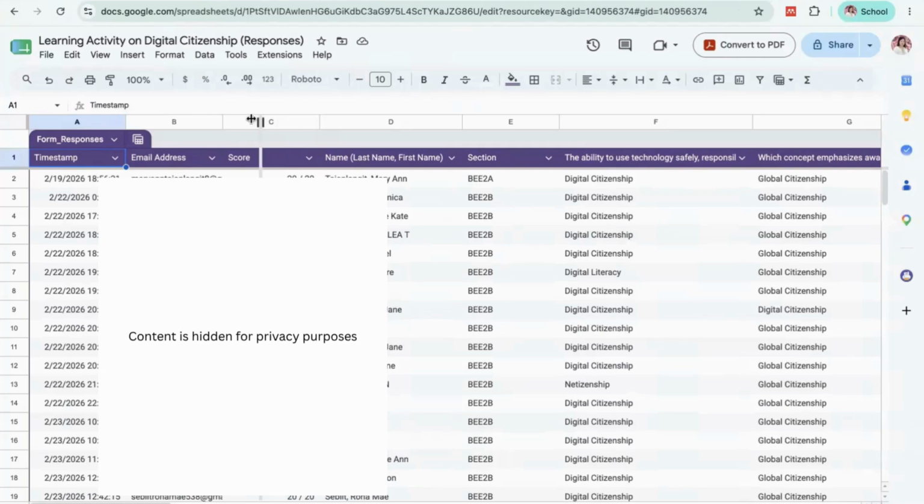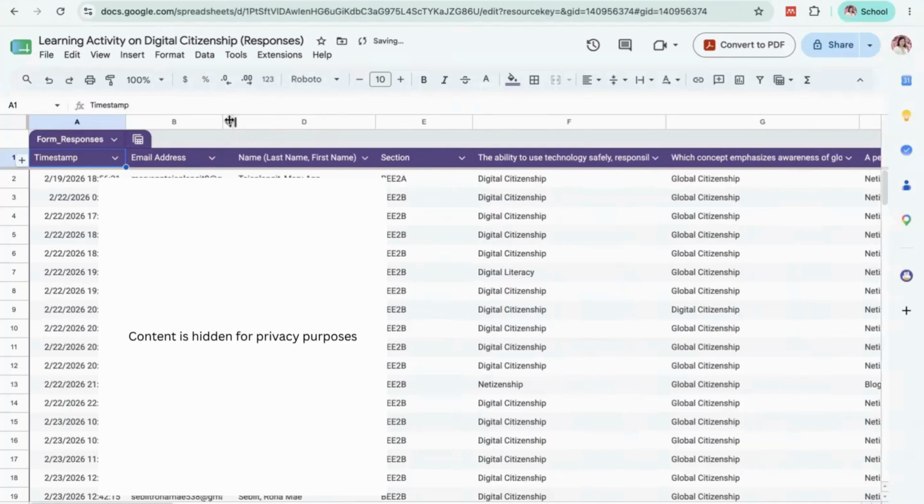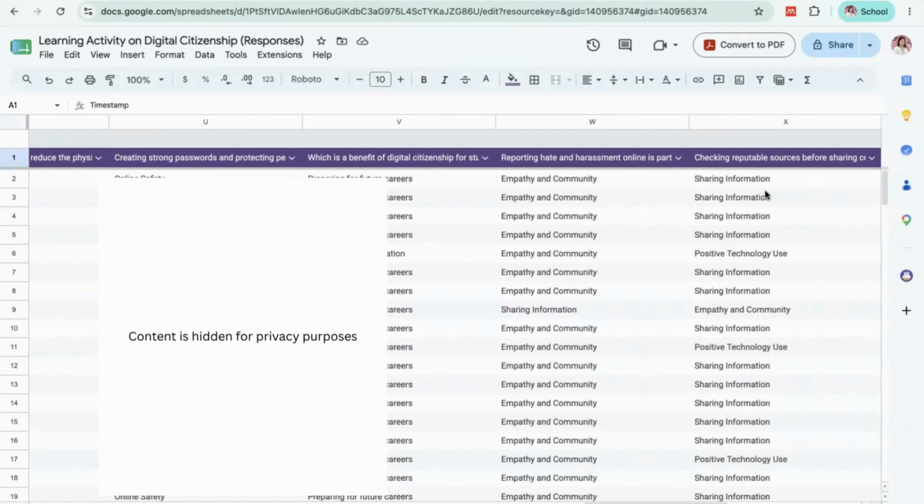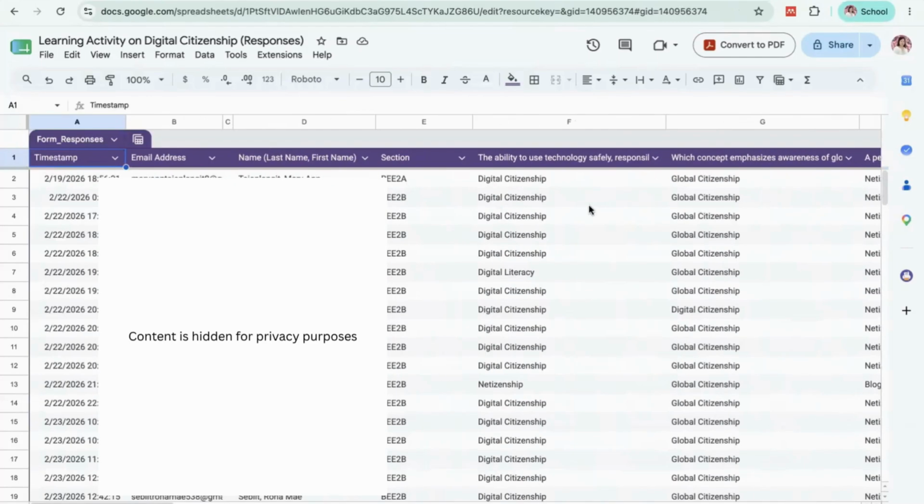So this is already the result of my students' activity. You can see here all the details you have asked from the form, like the email address, their name, section, and then their answers to each item in your quiz in the Google Form.